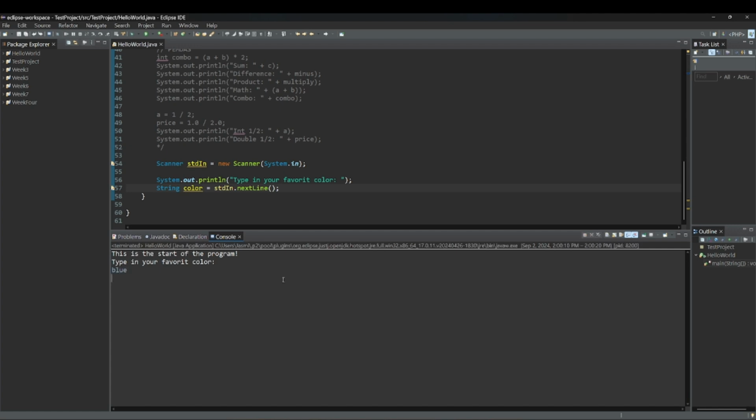So I'll type blue, press enter. Nothing happens because we didn't provide an output, but I can show you it's working by doing that output. So if the user says blue, and notice user input is in the light blue, let's go ahead and repeat that back to the user. So we're going to say your favorite color is,